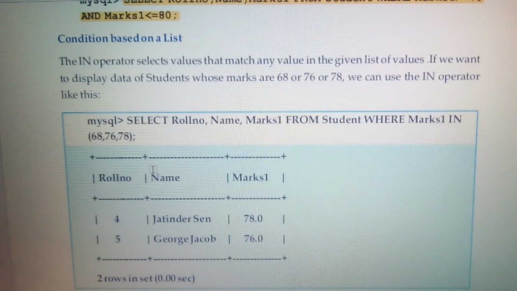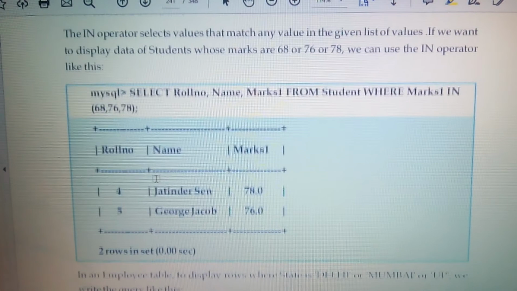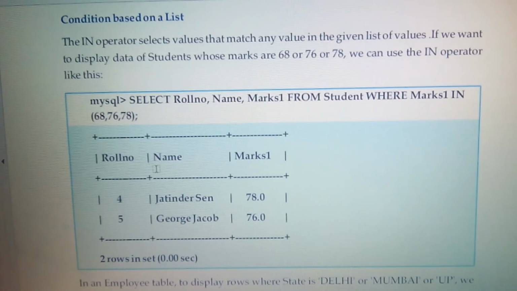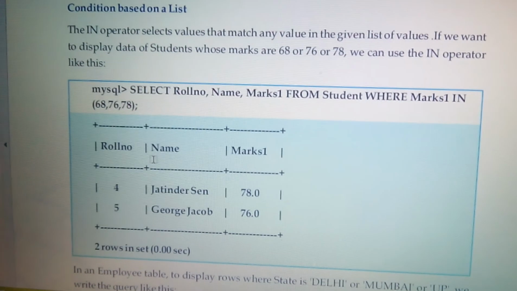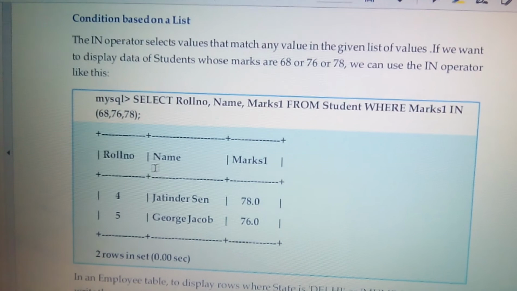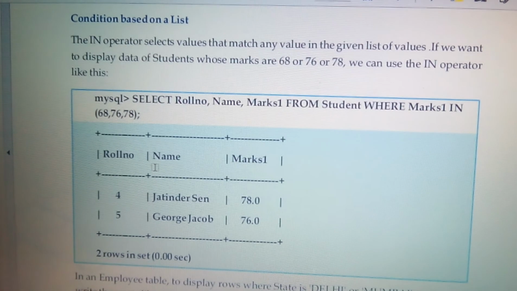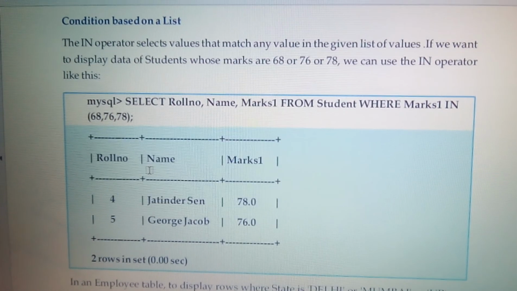Last is list. Whenever we have a list, suppose I want to display details of those students whose marks can either be 68 or 76 or 78, that means any of these three. I can make use of an operator there, whose name is IN.